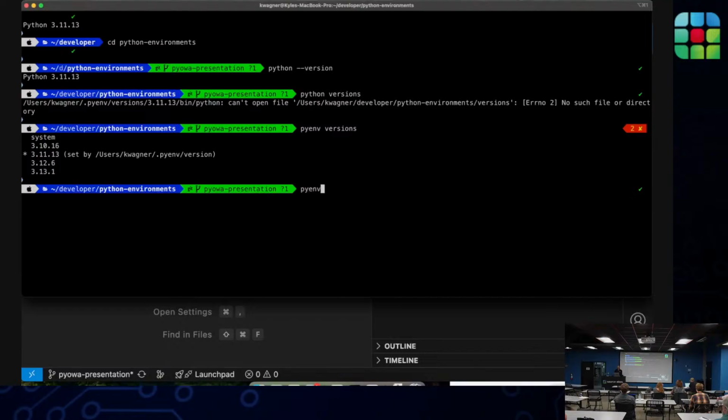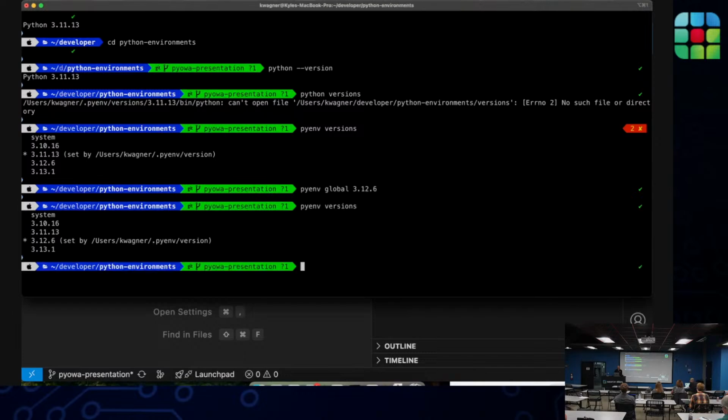And then just to check, let's reset the global version to something else, 3.12.6. And then it's pointing to 3.12.6. If I check the version of Python, it went to 3.12.6. So it is successfully switching between versions as we would expect.